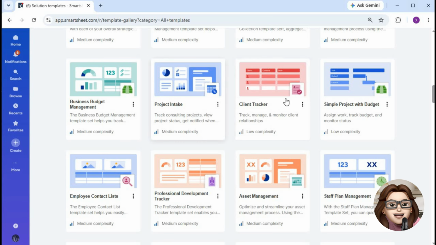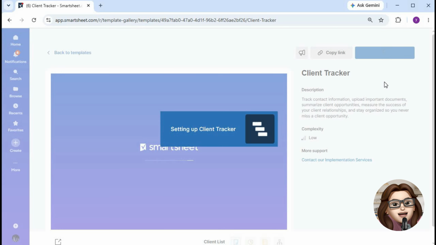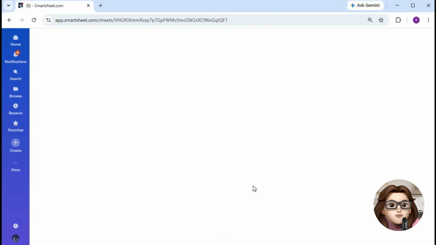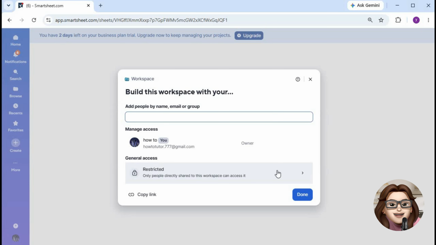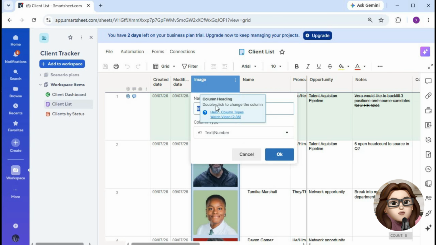Smartsheet will generate a new sheet with pre-built columns, sample tasks, and formatting already in place. Once the template opens, customize it to fit your project. You can rename columns, add new fields such as priority or assign to, update statuses, and replace the sample data